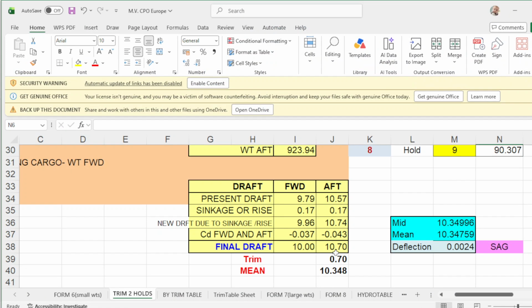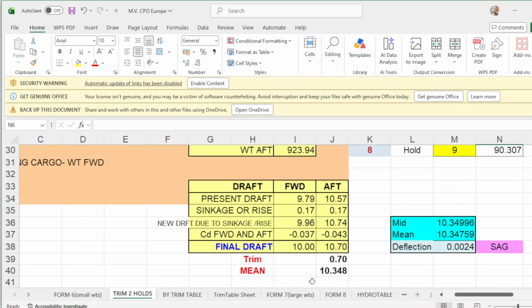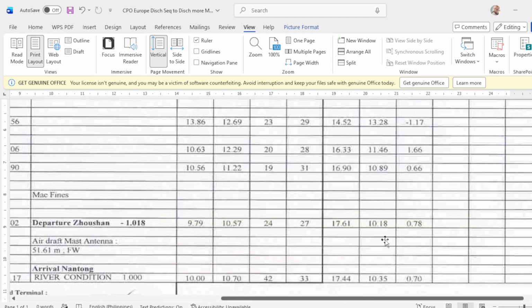So your up drop is 10.70. Your trim is 70 centimeters, according to your plan here. Okay. And your mean drop is 10.35. Mean drop is 10.35. Okay.